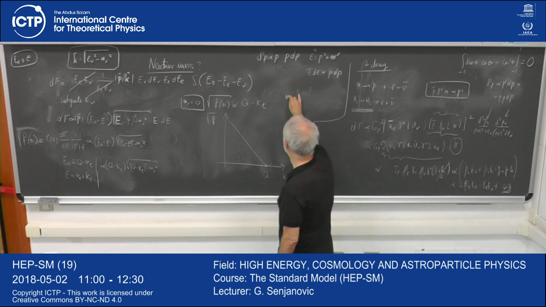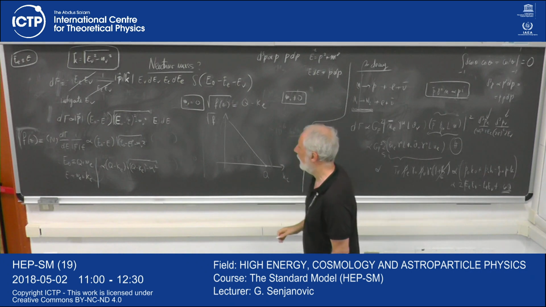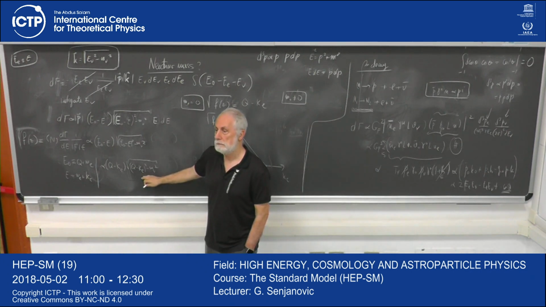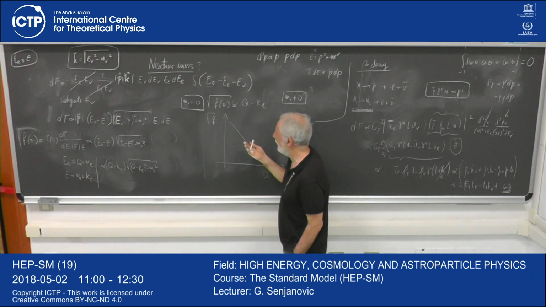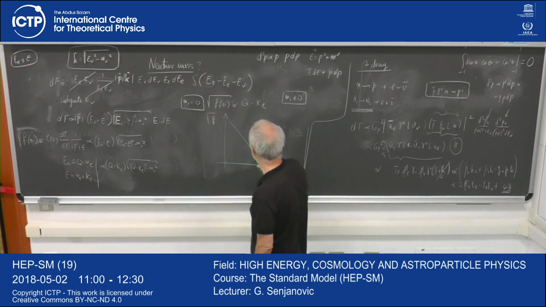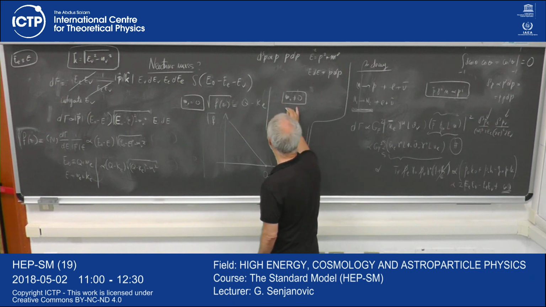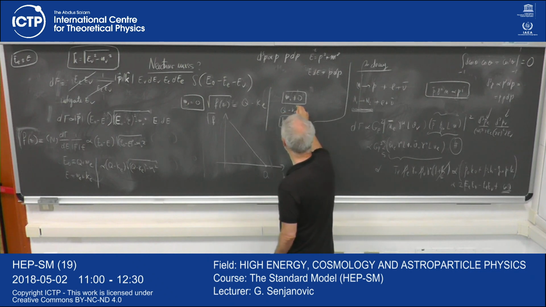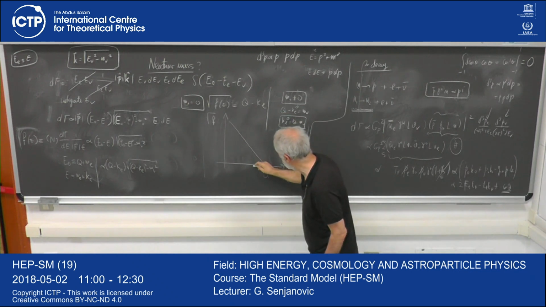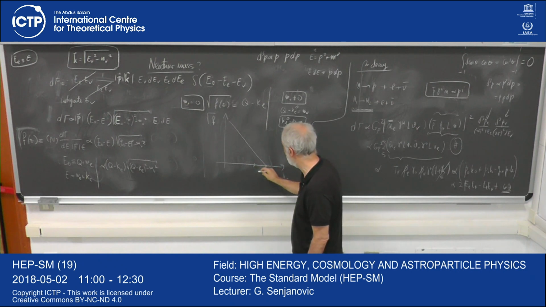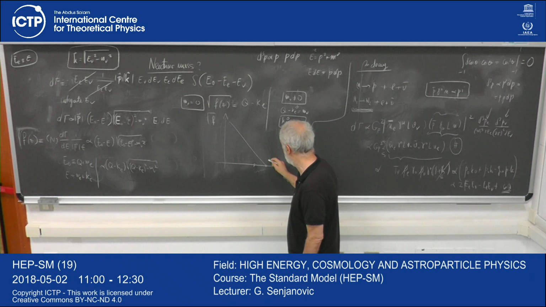I would hit this when the kinetic energy is equal to Q. What would happen if mu is non-zero? You would hit it before. In other words, when Q minus KE is mu, KE is Q minus mu. Call it K0, this point. So it's going to hit it here. I'm enlarging this, where this is Q, and this is the neutrino mass, you agree?